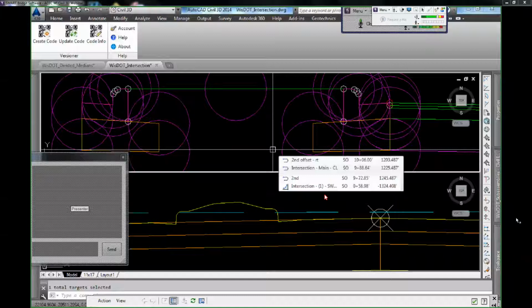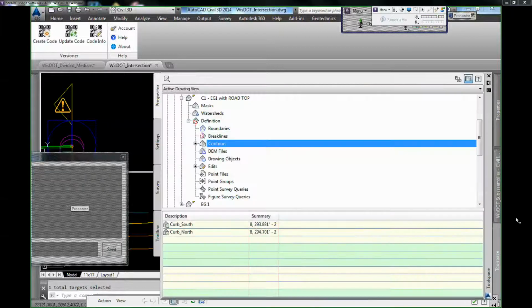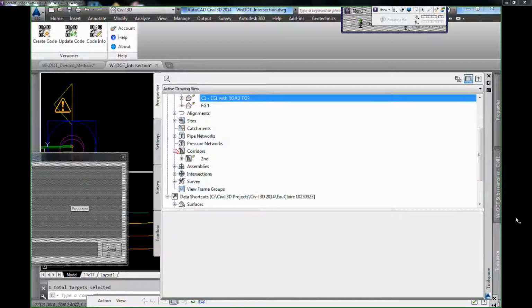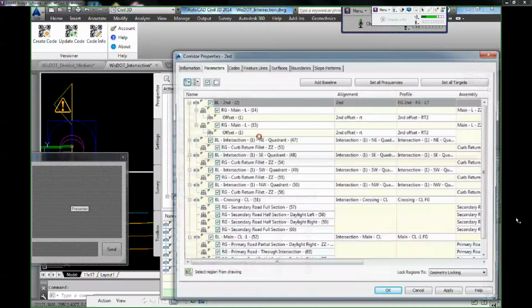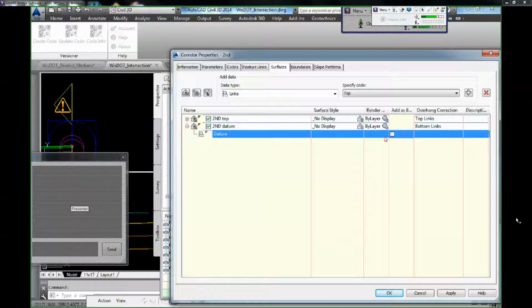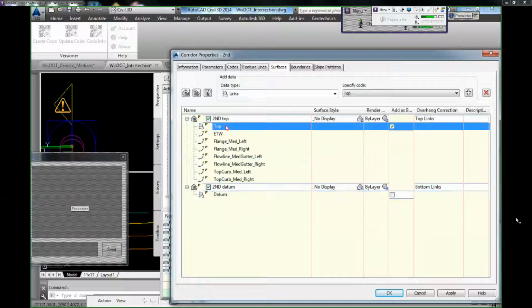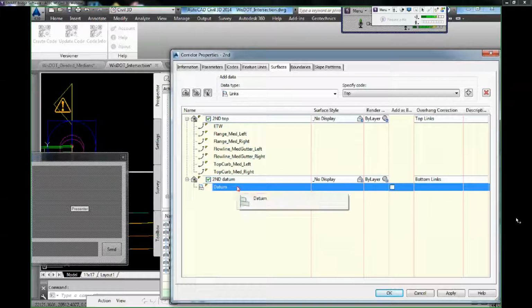So the bottom line is, if I go back into my corridor surface here, and I go to my surfaces here, okay, one, we are not using the links. So I'd remove this one from the list. I'm not going to do it for the others just because I don't know what the other links are supposed to be yet. So you're going to have the surface built off of everything else here. But now if I go ahead and click OK,